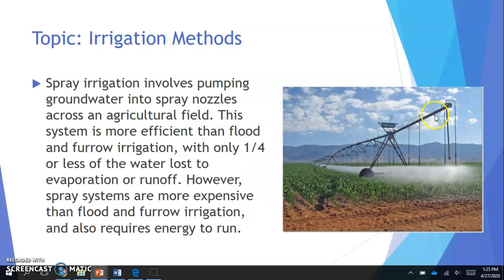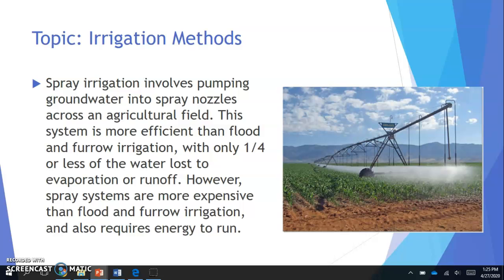So this is that large machinery we were talking about on Monday when we talked about the Green Revolution. This would be expensive to run, but it is more efficient. You're not losing as much water as with flood or furrow irrigation, but it costs more. And this is on a large scale. This machine you would definitely see on a larger scale operation, but spray irrigation can also be in like